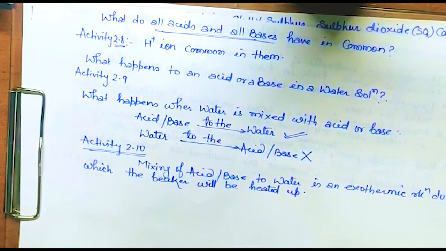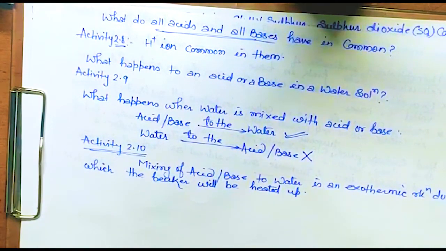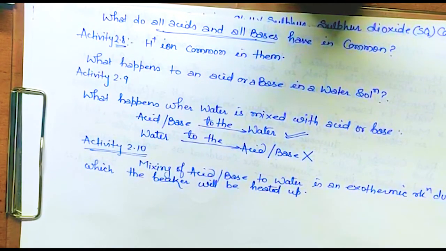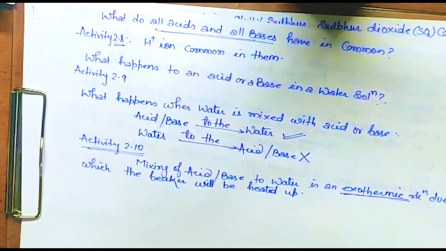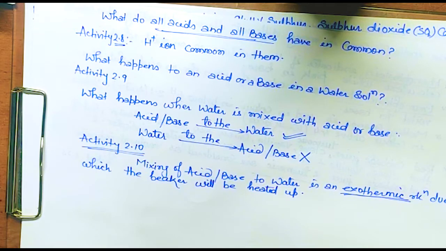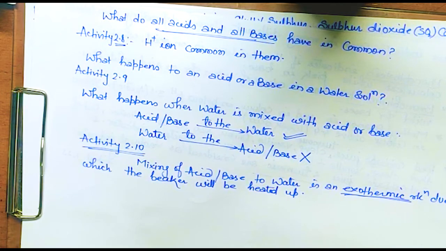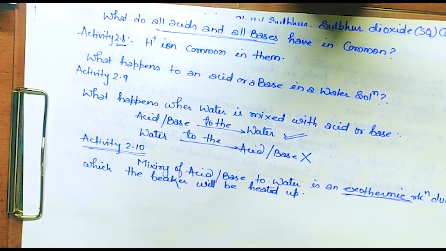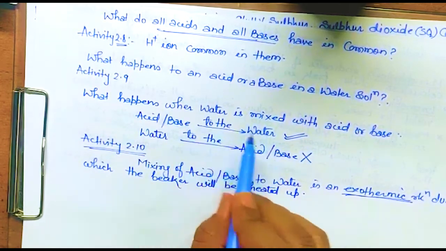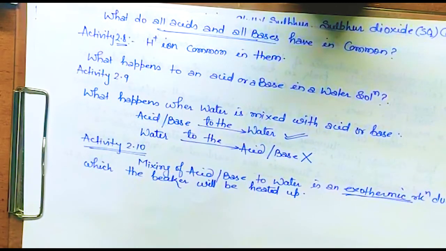It is written over there. The process of dissolving an acid or a base in water is highly exothermic. I have explained to you, yes, highly exothermic. Care must be taken while mixing concentrated nitric acid or sulfuric acid with water. The acid must always be added slowly to water with constant stirring. If water is added to concentrated acid, the heat generated may cause the mixture to splash out and cause burns. Is that clear? I have already explained that here. The glass container may also break due to excessive local heating. Look out for the warning sign.